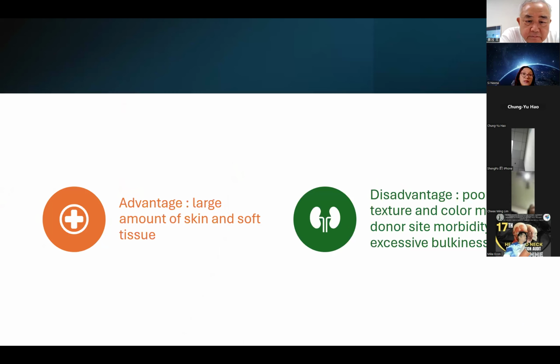The advantage is this is a very robust flap. I like it so much because most of the time we need quite a complex reconstruction for complex head and neck. The disadvantage is it's very bulky. Sometimes the texture is not matching, the color is not matching, not like a local flap where most of the time the texture and color just blend. And most regional flaps are very bulky, although they will shrink most of the time, sometimes patients are a little bit hesitant to have this kind of flap because it's just too bulky, especially female patients.